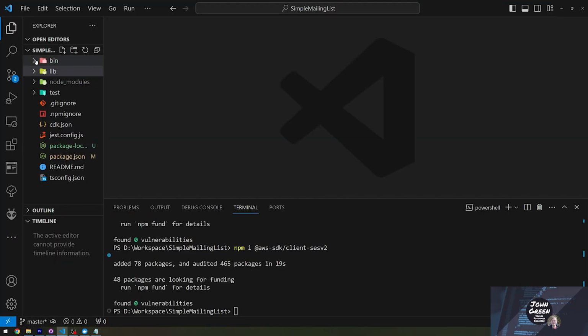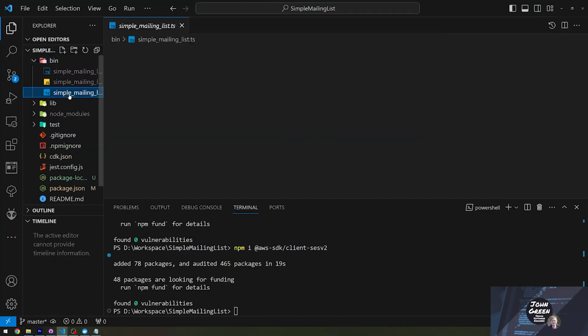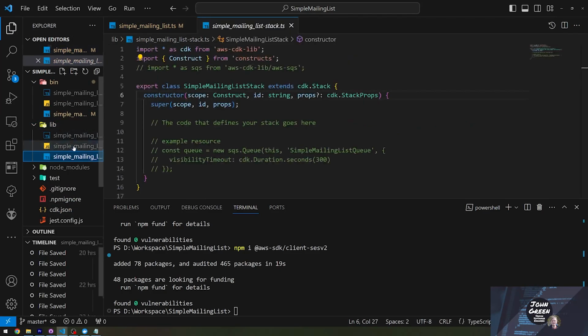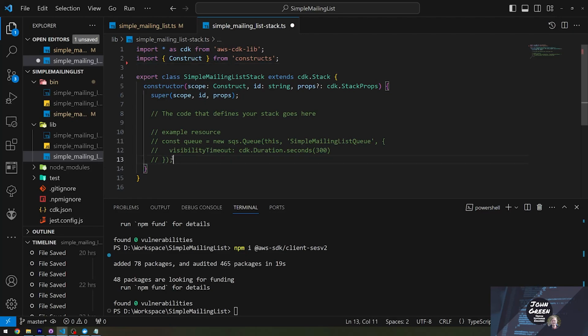So if we go over to the file explorer, we can open bin and go down to the simple mailing list. We're going to comment back in this line here. So this will just make sure we've got our environment variables set correctly. We can now open the lib directory, and we'll see here we've got some example boilerplate code that we can take out. So we can take this out